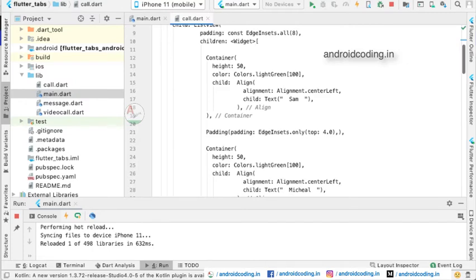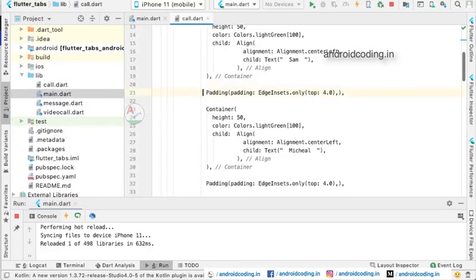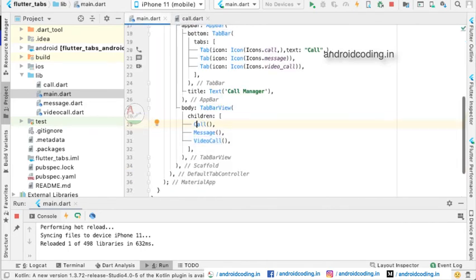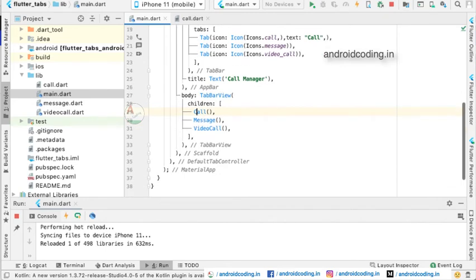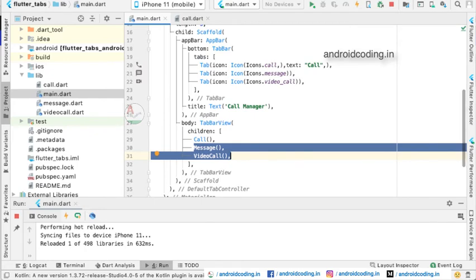The list view consists of some containers, and here we have provided a specific height, color, and text, and we have given some padding. It's a general thing. I just want to show you how a call list appears. The same for messages and video calls, we have provided different classes, and here you can see the classes.